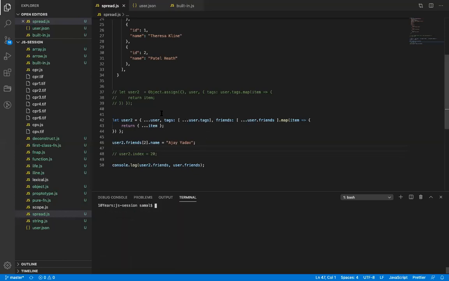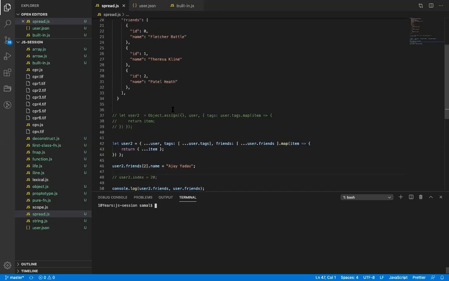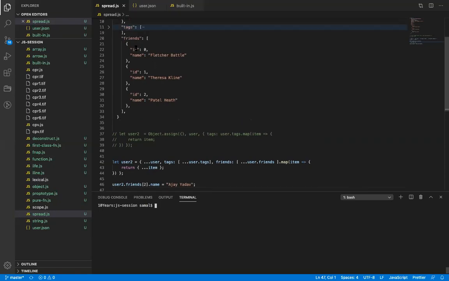Okay. So spread spreads the entire object, creates a copy of the object if it is a primitive, and all the non-primitives are kept as they are. If you want to spread the non-primitive, then you have to do it manually by using those keys. All right. And if you have a complex structure like this, then again we have to use some complex structure to do multiple combinations, just to achieve that.